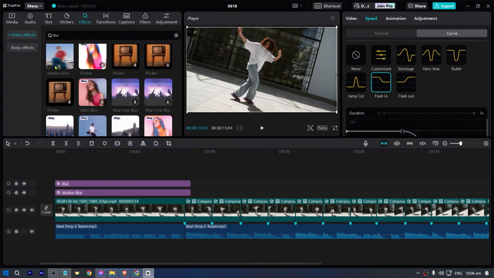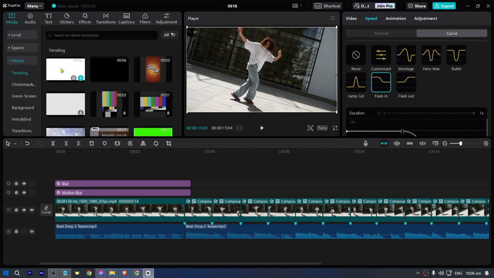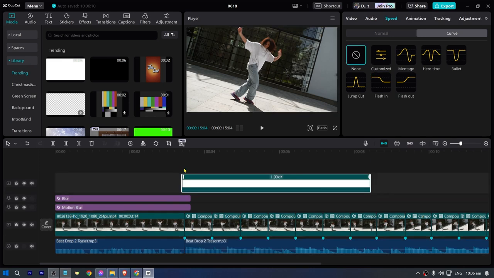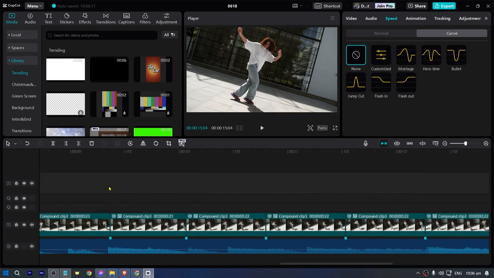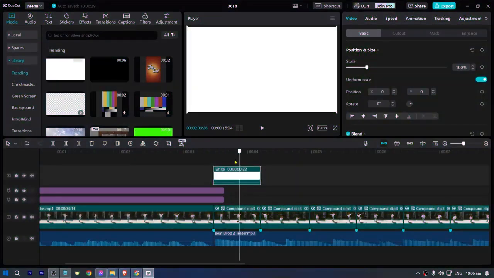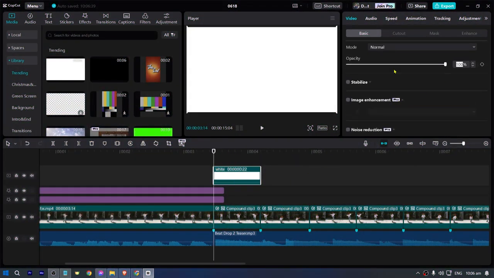Now let's go ahead and add one more thing. So we're going to head over to media, library, and then we're going to look for this white thing here. Just go ahead and drag it into your project, and then we're going to go ahead and basically cut this one. Alright, so now that we have added one, we're going to go ahead and adjust the opacity to around